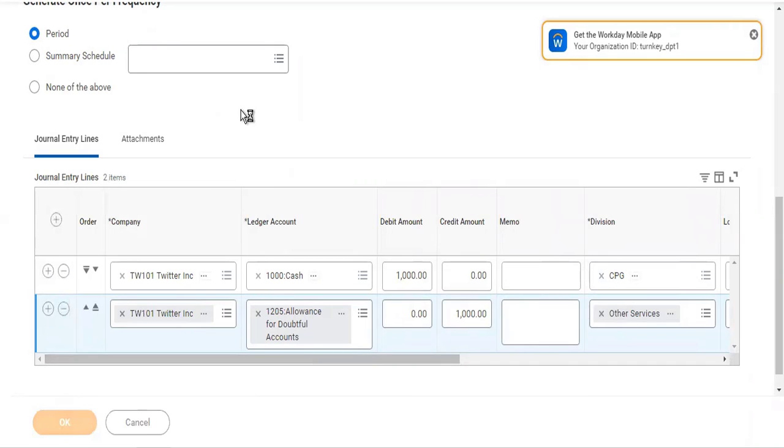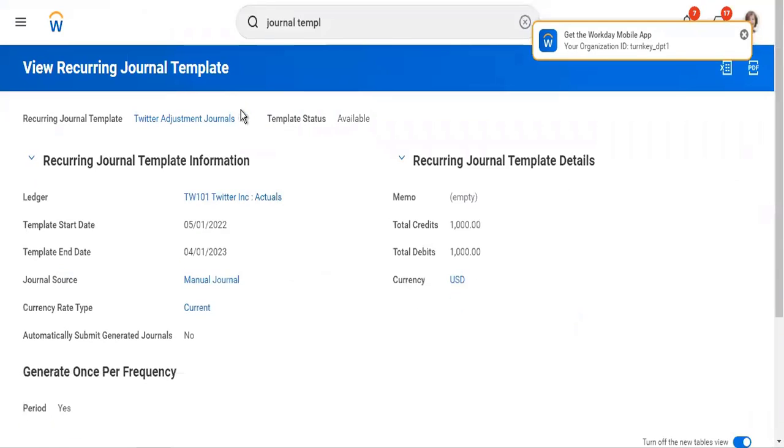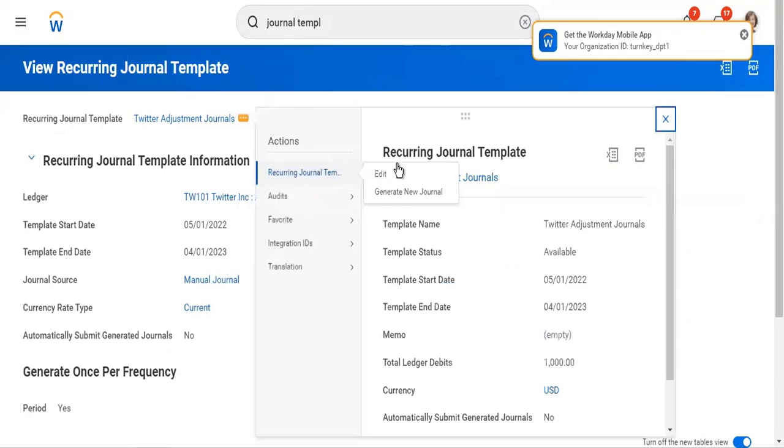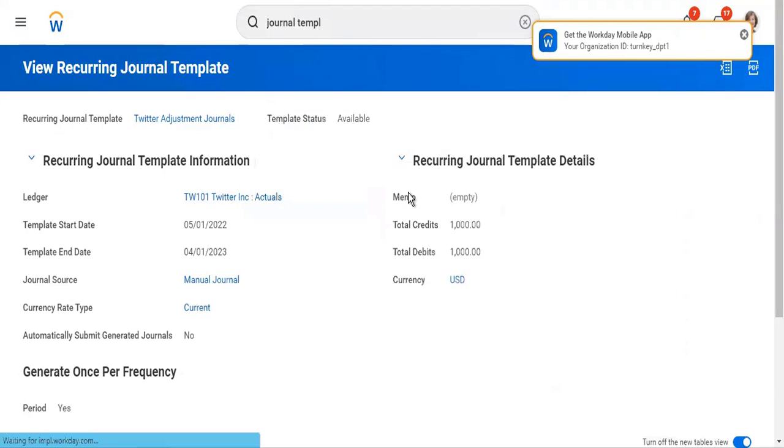If you want to edit this, come to this now. Once the template is ready, on the template option, you can say edit or generate new journal. So if you click on generate new journal,